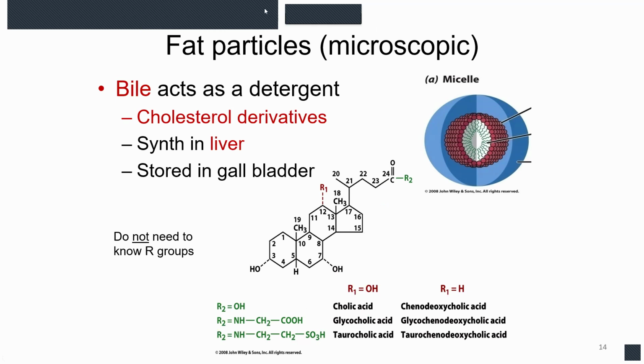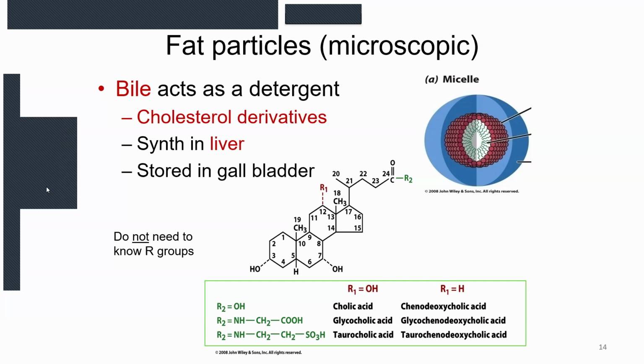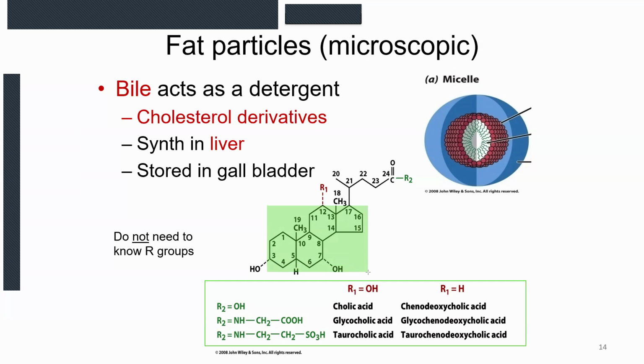Now, examples of bile acids I want to show you are shown at the bottom of the screen. So notice what we have here is our cholesterol molecule in the middle, in that basic structure of a cholesterol molecule, the four rings, the 3 6-membered rings and the 1 5-membered ring. Now, bile acids or bile salts, well, they are that, but they have